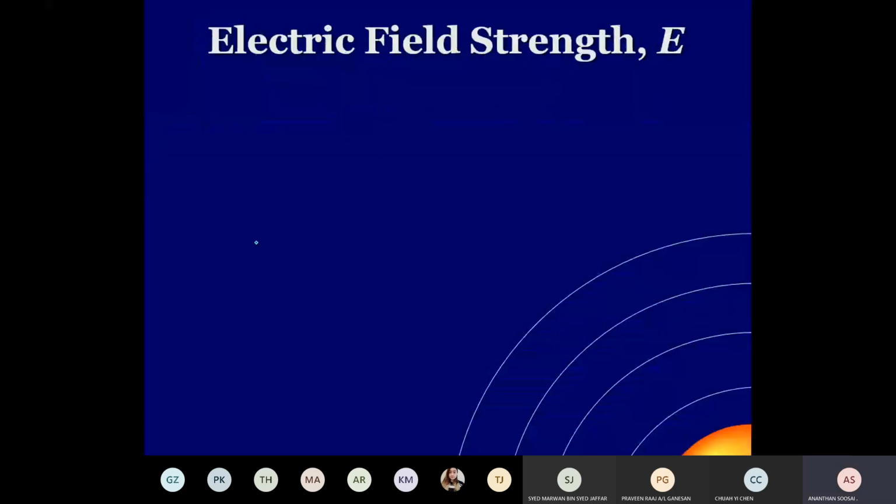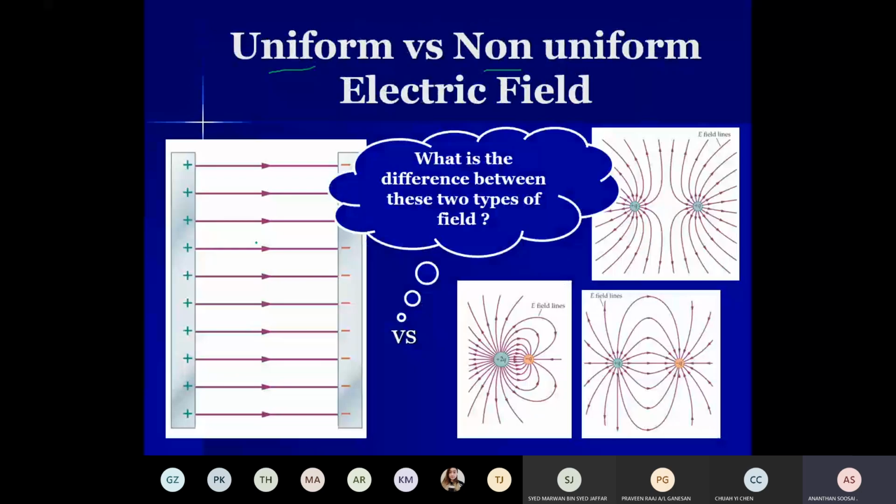Okay. There was one year they asked to draw the uniform pattern for a parallel plate. A student drew a field line like this. It was parallel, no doubt about that. Positive and negative, yeah. But it was parallel, but towards the end, the lines were